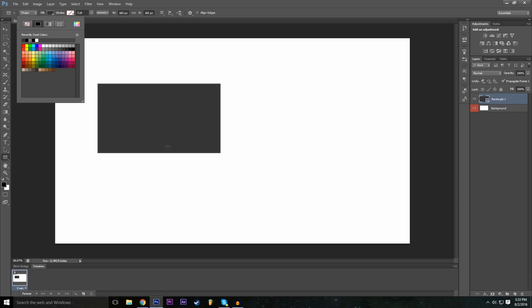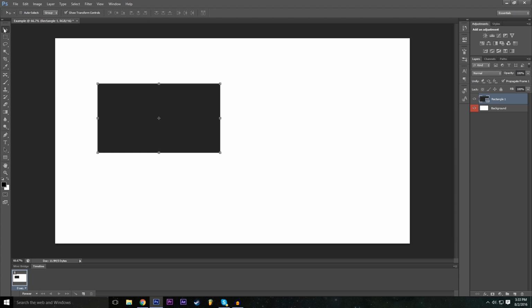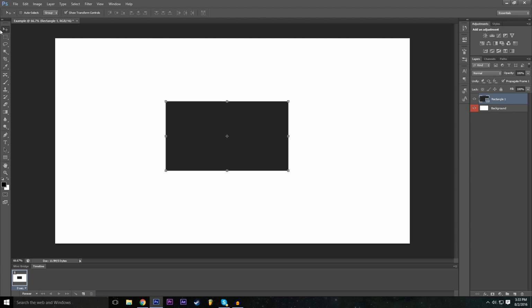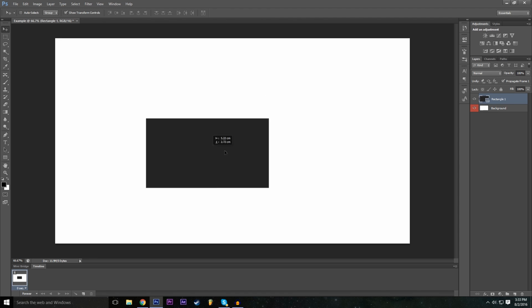Since the background is white, anything that isn't white is going to show. So let's make this a dark gray color, I guess. That works. So now if we want to move the rectangle in the middle, of course, we can do that